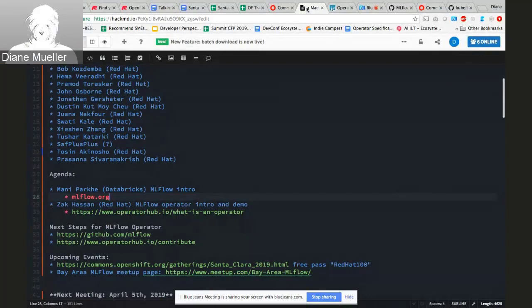So what are the next steps that you need? I would love to see this, by the way, because I'm totally biased. I put the link in there to contribute it to operatorhub.io. If you can take a look at that link and see if we can get it in there soon, that would be awesome from my point of view. It would give some more visibility to MLflow and what the folks at Databricks are doing.